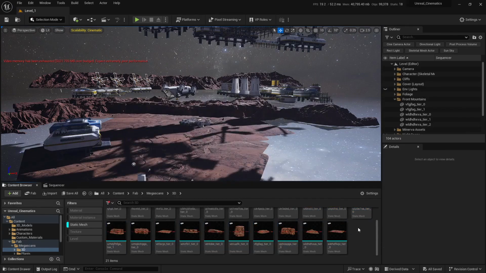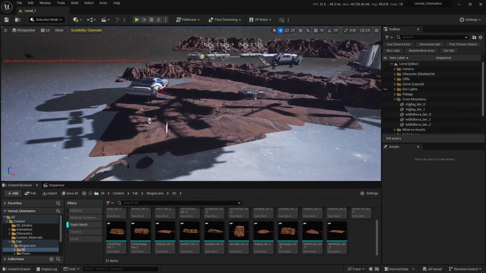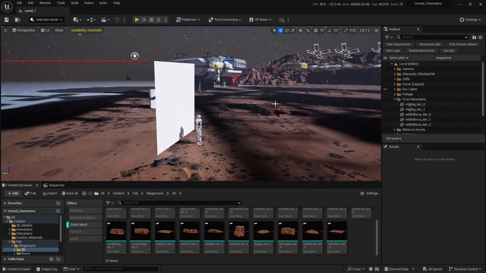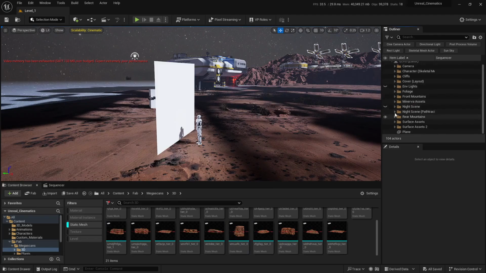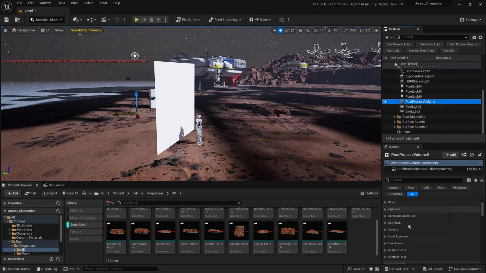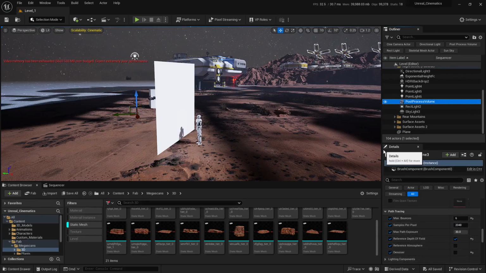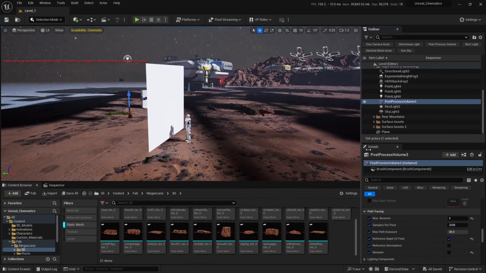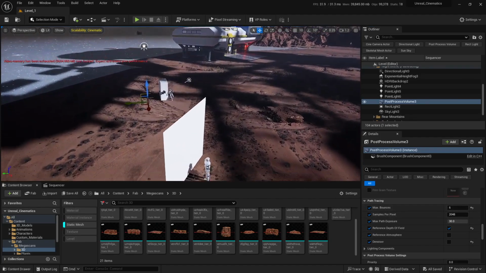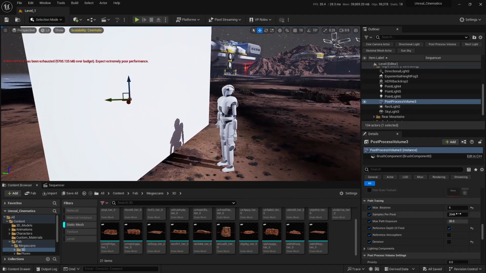Now, one more thing that I'd like to mention in here is that in the last lesson, I think I forgot to demonstrate something about the light bounces. I'm just going to close this folder and go into the night scene folder that I have for path tracing. Select the post-process volume and go into the path tracing settings. Move this window just about there, bring this thing up. And in the last lesson, we discussed that if I set the maximum bounces to 1 and switch to path tracing mode,